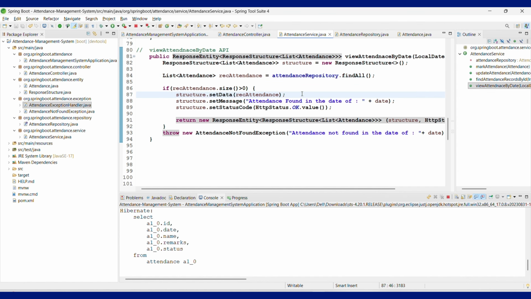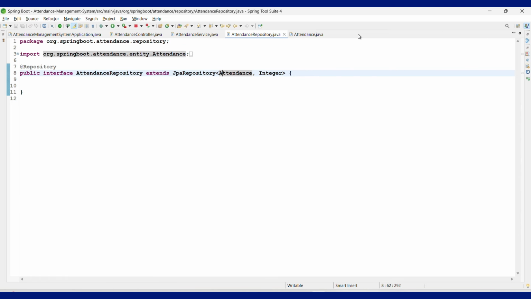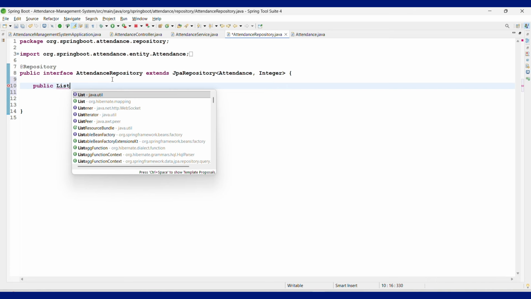The repository comes into the picture. Let's go to the attendance repository. Control M, and here the JPQL query comes into the picture. If you remember, in an interface, a method with a semicolon is called an abstract method, which does not have a body. Same thing we are doing here. The